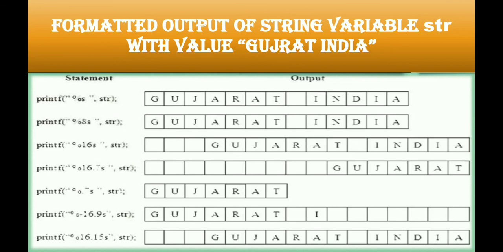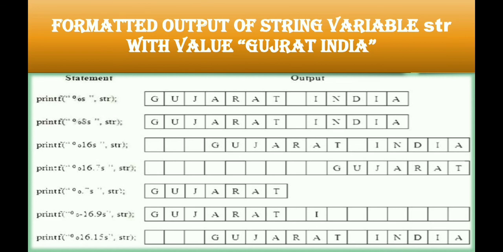Then the next is -16. So here we are using -16, and how many characters we want to display, that is 9 characters. So the width is 16 only, and how many characters will be printed, 9 characters. So count the 9 characters. 7 is Gujarat, which has 7 characters, then 1 is the blank space, and I is the 9th one. So that much only will be visible as the output.